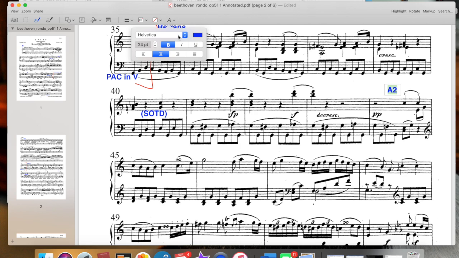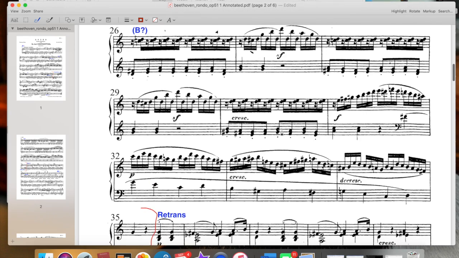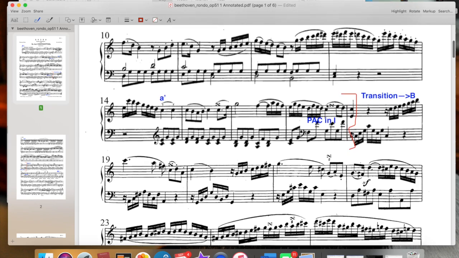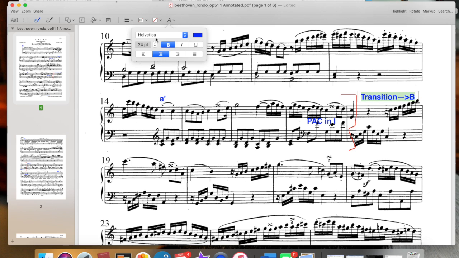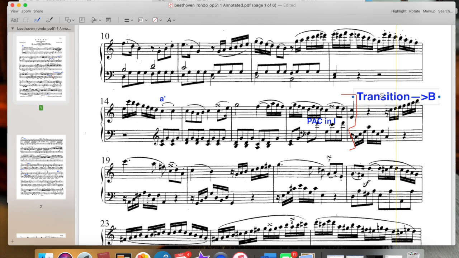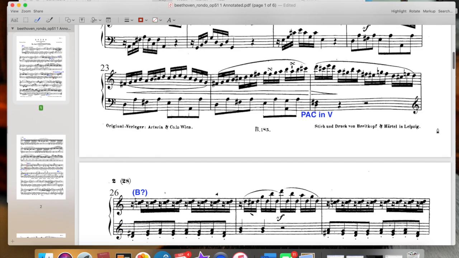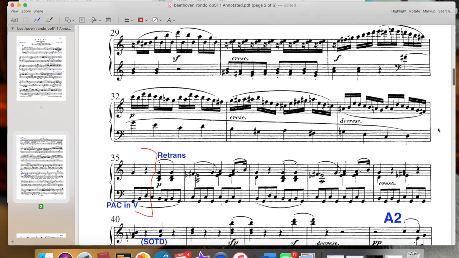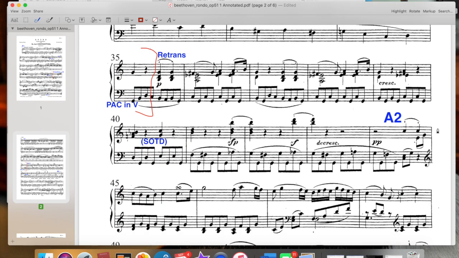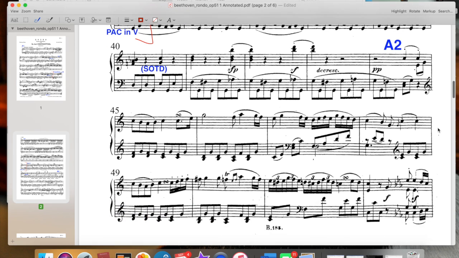Let me make her bigger. I didn't make the transition in B very big. Let me make it at least a little bit bigger, so it's just sort of easier to see. Like if I were to zoom out, you could see those section breakdowns really clearly. So within B, was there a nested form? I would say no. There isn't a regular sense of like a period or a sentence happening inside there. And then we get a retransition taking us to A2. So if I were to draw that line, again, showing the end of the retransition, it's a very good bracket,